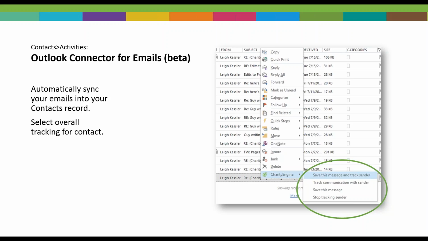I could save this particular message, or if I'm tracking the sender or I don't want to track the sender ever, perhaps I'm sending this to my wife and there's no reason for her to be tracked in our CRM, I can just select Stop Tracking Sender, and this person will not be tracked in the CRM. So it gives you control, and next time I send an email to my wife, it won't send it to